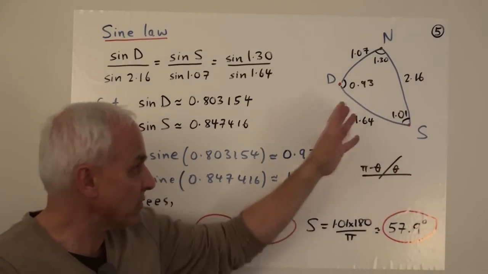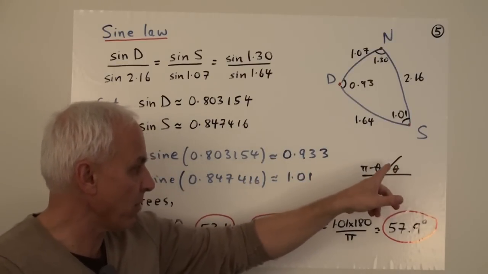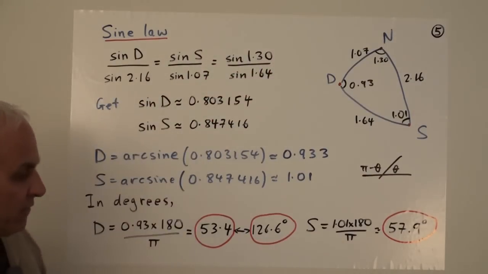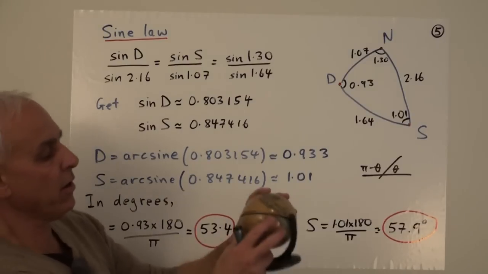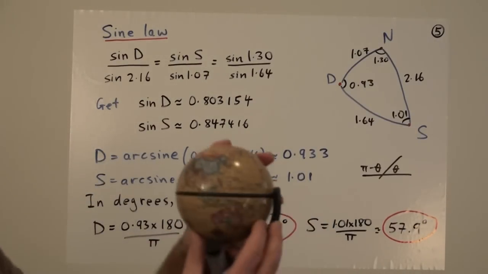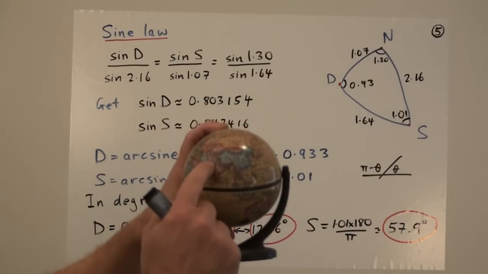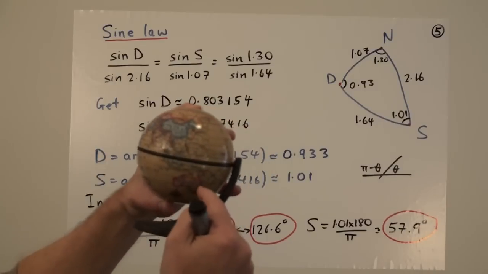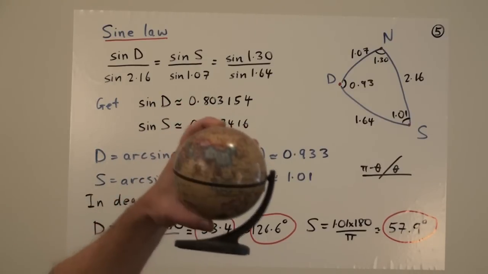You still have to figure out, depending on the actual geometry of things, whether you're talking about theta or pi minus theta. And in this case, if one looks at the geometry of things, we're going from Sydney, which is down here, to New Delhi, which is up here, and we're referring to the North Pole. So there's the line of the North Pole coming down. We're going from here to here, meeting that line there. It's going to be obviously more than 90 degrees.